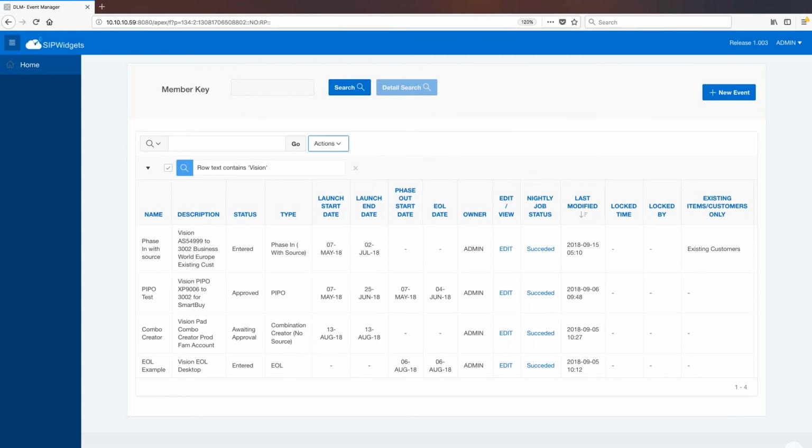The view can also be used as a launching page to jump on various events which have already been created and edit them further or view them further. An example of a detailed search would be if we had an item which we wanted to look into, as to which other events it was involved in and at what level, we could simply type in the item here.